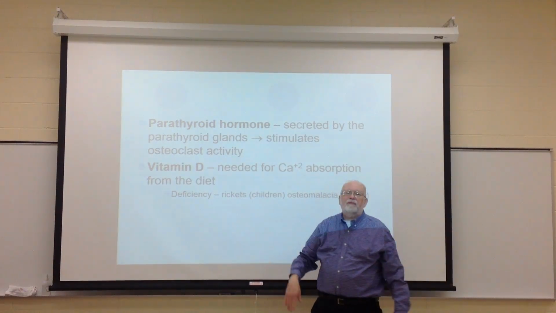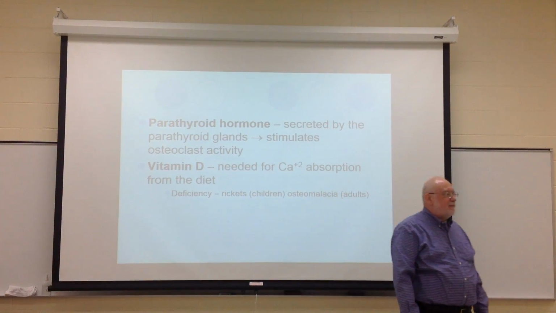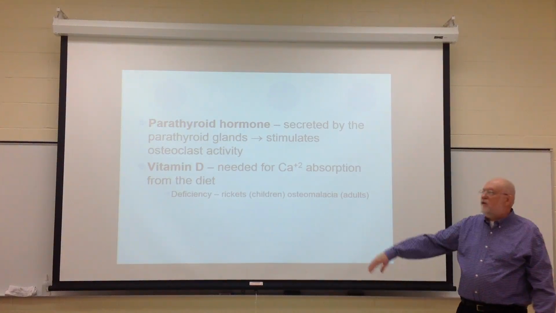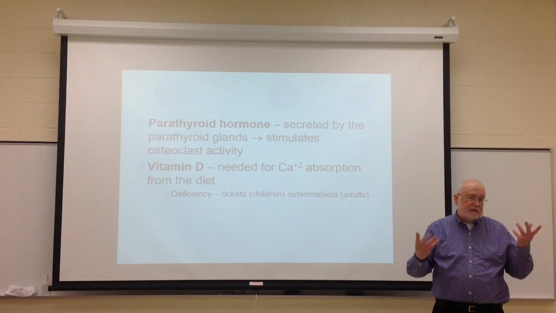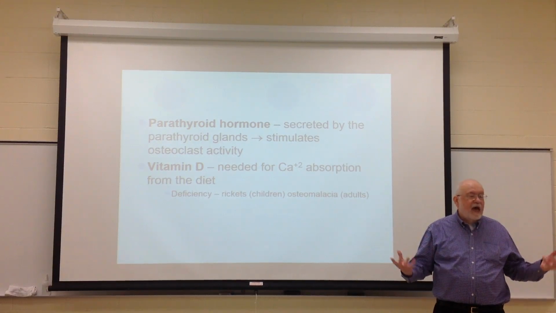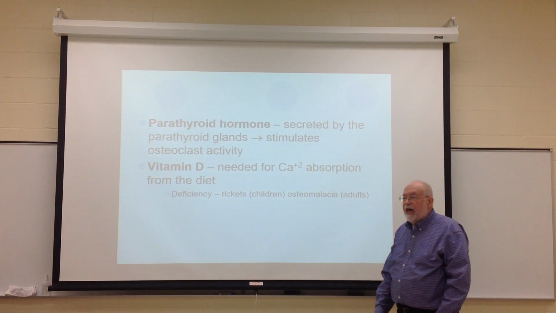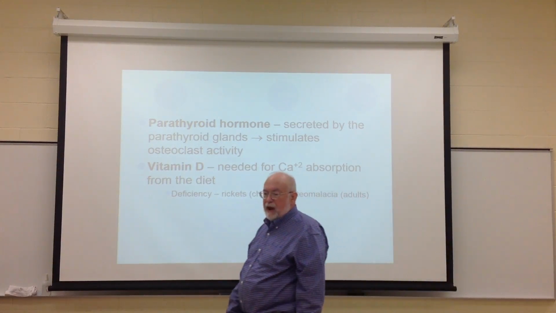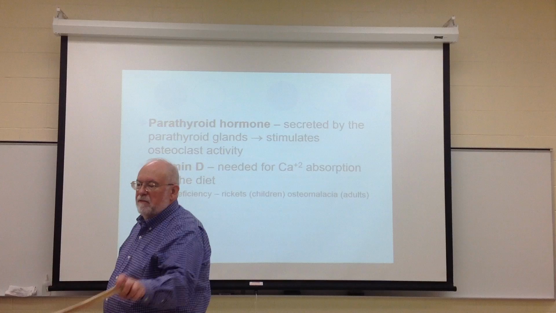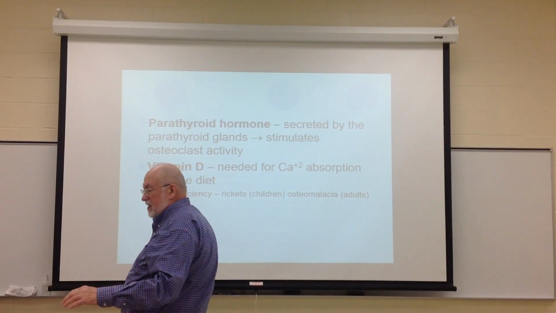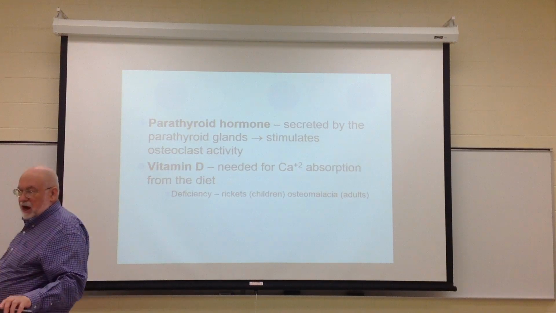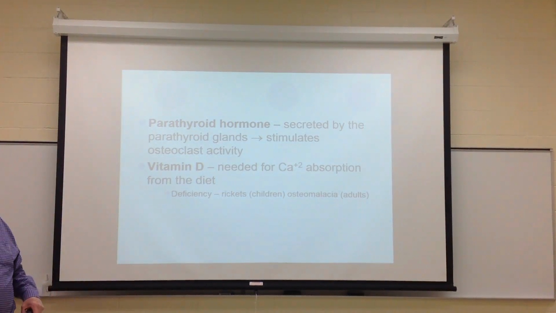Now, chronic deficiency of vitamin D, you end up with rickets. And this is primarily in children. In adults, it's called osteomalacia. But in either event, what is it? Softening of the bones. Well, what's going to be the effect, particularly on the weight-bearing bones, like this one? Well, they either break or they bend. They become softer, all right? And particularly in children, you can get bowing. I've got a photo of that here to show